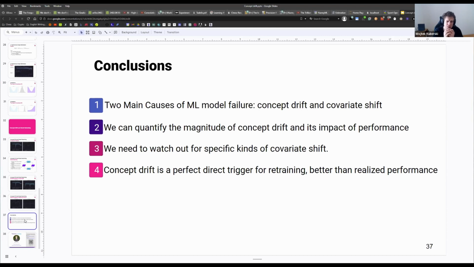And the last thing, and really the most important and most actionable, is that concept drift is a perfect, direct trigger for retraining. It's even better than realized performance, because realized performance can also drop because of covariate shift. And if we retrain our model, and the only change is that the data distribution is now different, we will not see an increase in performance. We're going to be wasting our time and money by retraining unnecessarily, and taking additional risk, because retraining is always a bit of